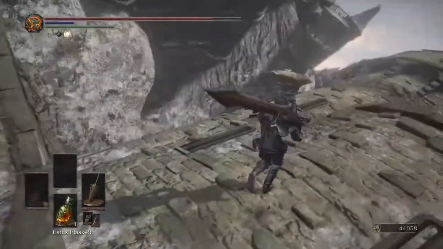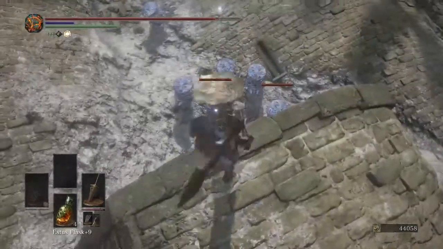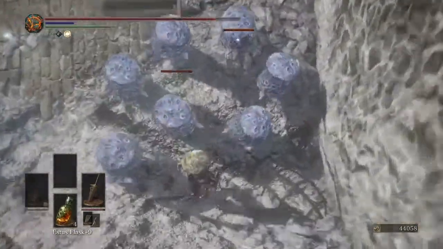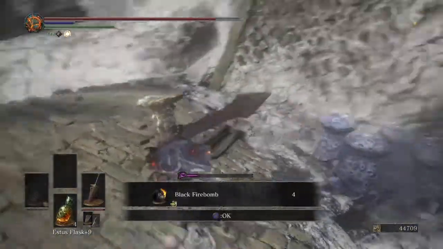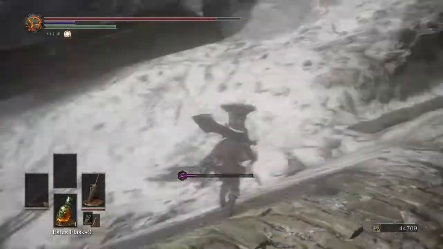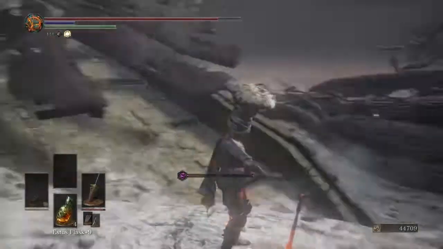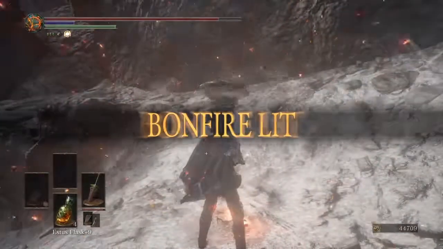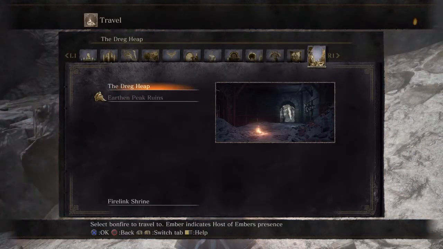So just follow the side of the building and you come to the poisonous stone creatures from Road of Sacrifices that are all gathered around some black fire bombs. And now just make your way over to the bonfire. And before we go any further, we're going to travel back to the first Dreg Heap bonfire, because there's another direction we could go instead of dealing with the Lothric Knights. We can go off to the left, where there'll be a couple of other items, so...